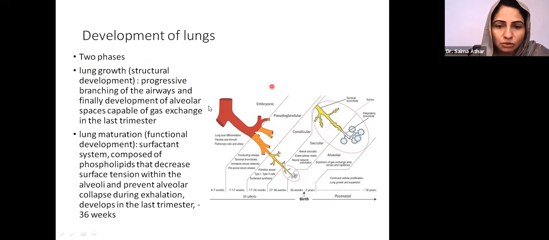By lung growth we mean the successive formation or development of bronchi, bronchioles, the alveolar ducts, respiratory ducts, etc. Maturation is when there is development of the surfactant, okay, and that is